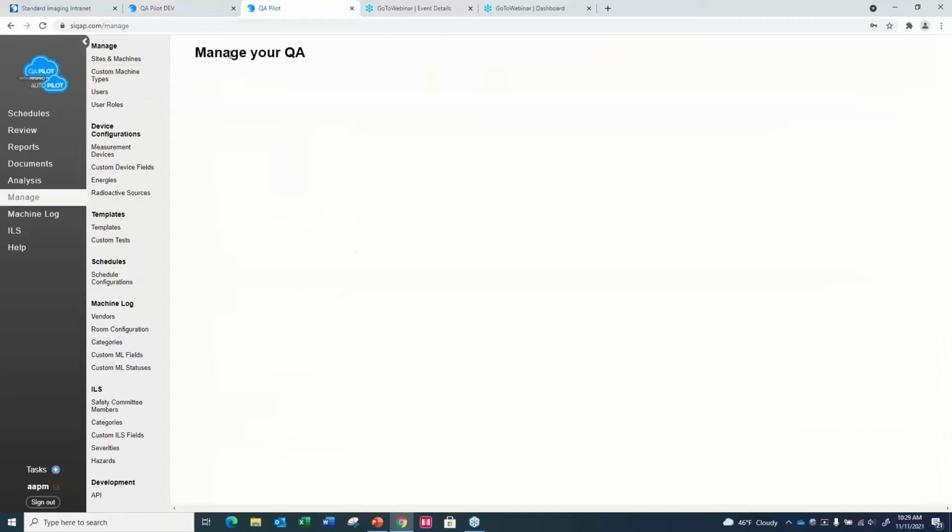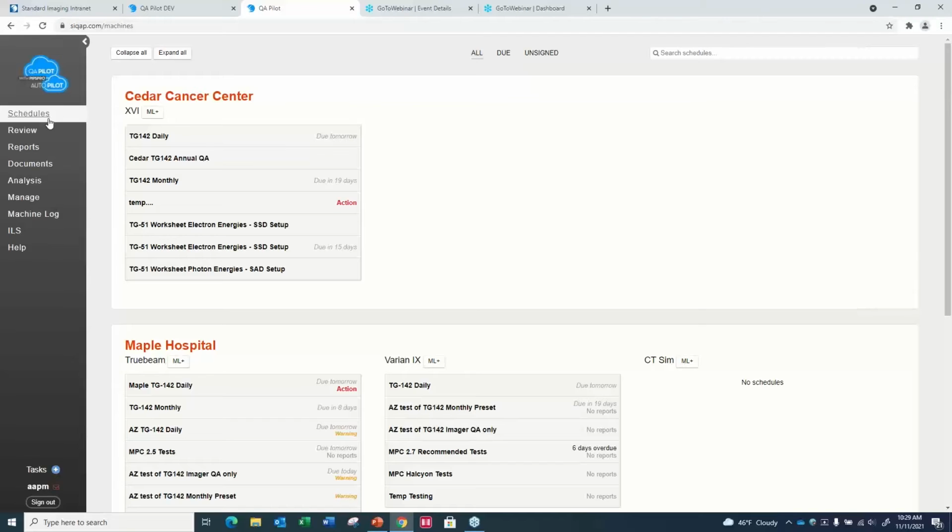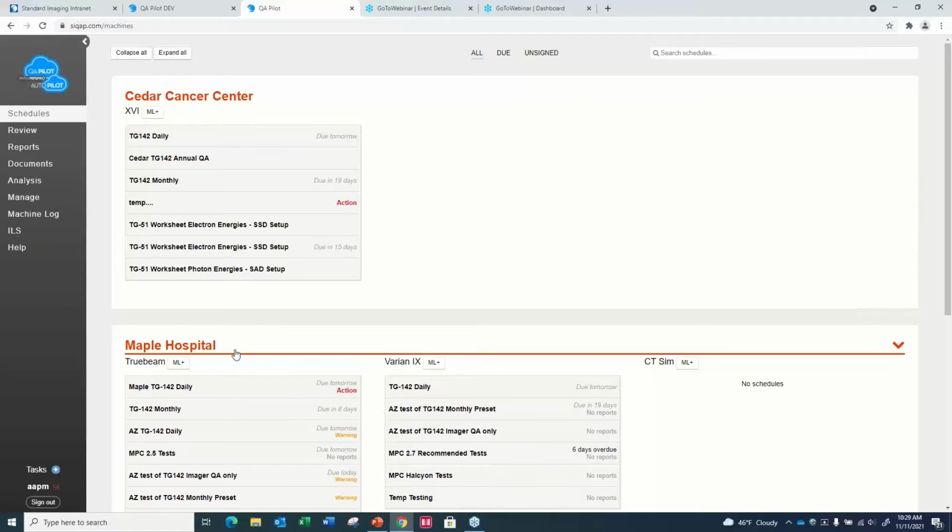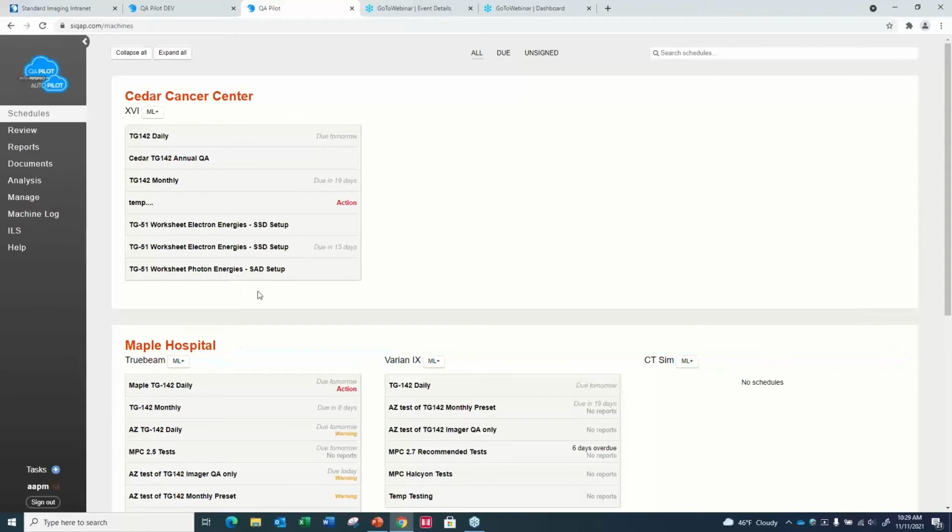Now I'm going to hop over to my other site here because this is my much more mature version, if you will, of QA Pilot. As you can see, a lot more templates, a lot more centers. Again, please note that as a product manager, of course, I'm looking at everything, but for every site, every machine,